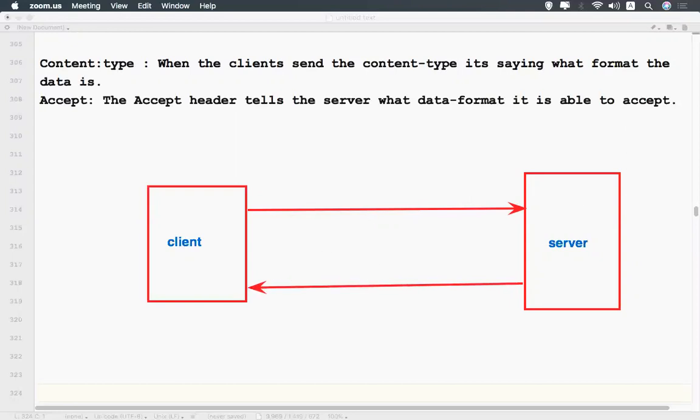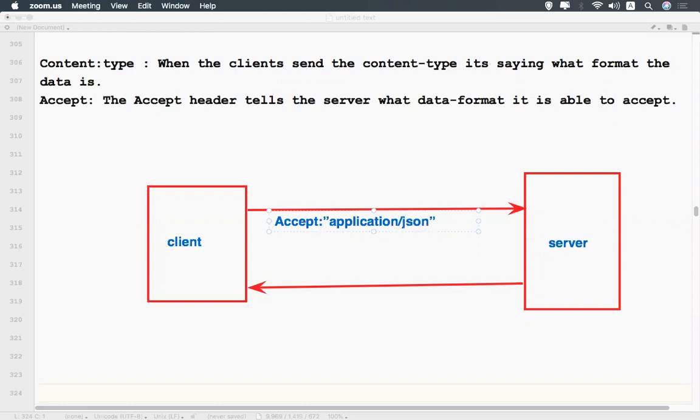While sending, you will mention accept colon application slash JSON.